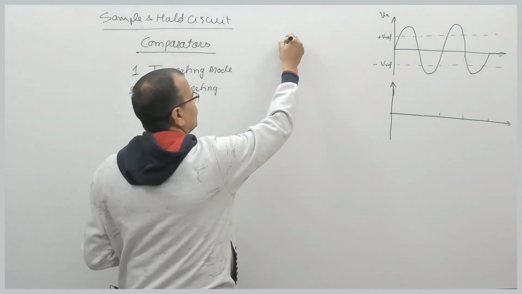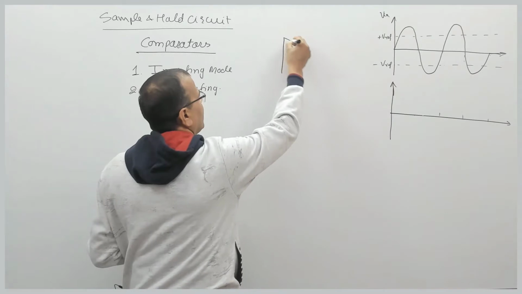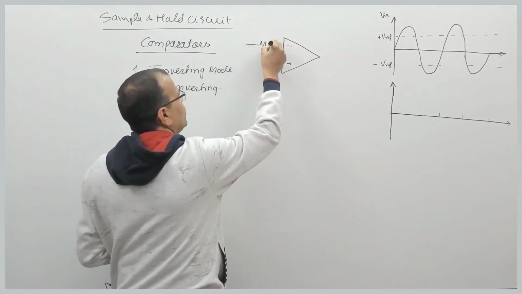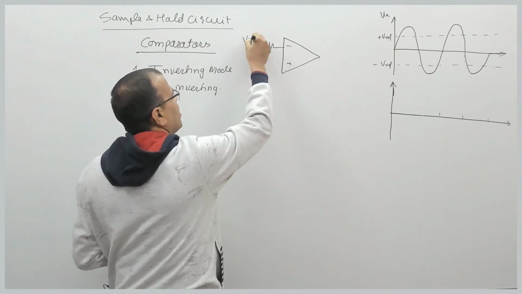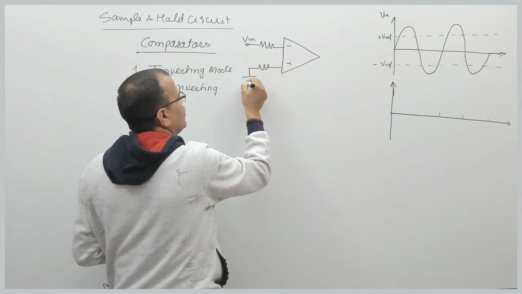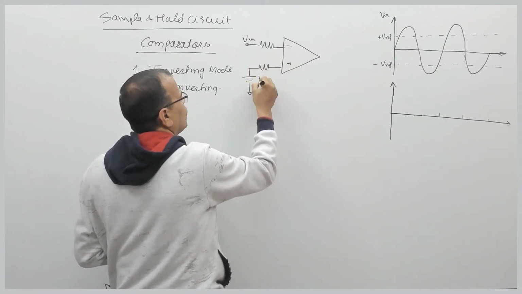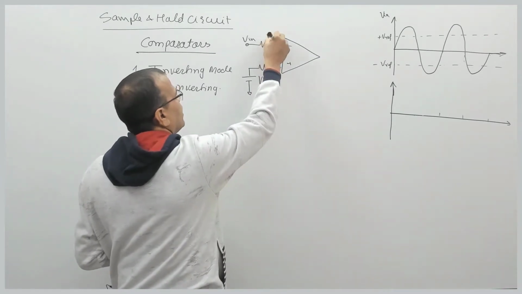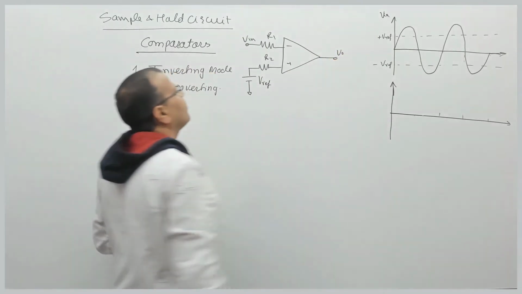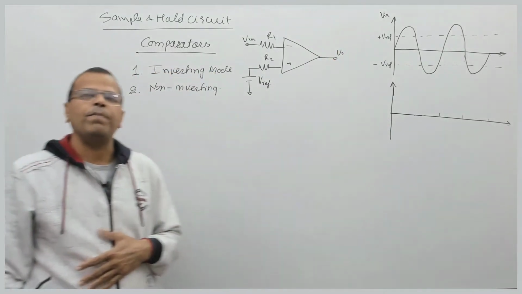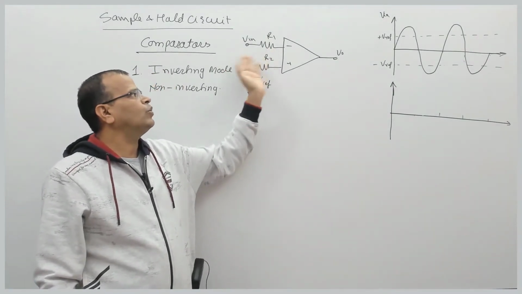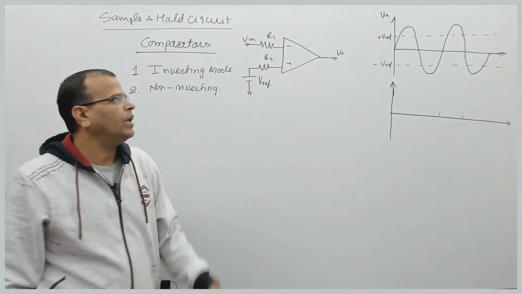So in inverting mode of the operational amplifier, we have the input applied to the inverting terminal of the op-amp, and we have already a voltage connected at the non-inverting terminal. That voltage is called the reference voltage. R1 and R2 are nothing but current limiting resistances. This is the output voltage, right? So for an ideal op-amp, the biasing current is 0. So the current in this resistance and in this resistance, the current actually drawn by the op-amp, is 0. This is what we will be assuming, right?